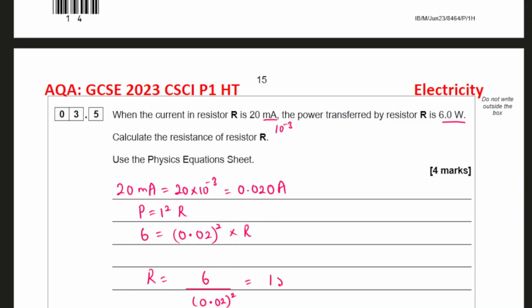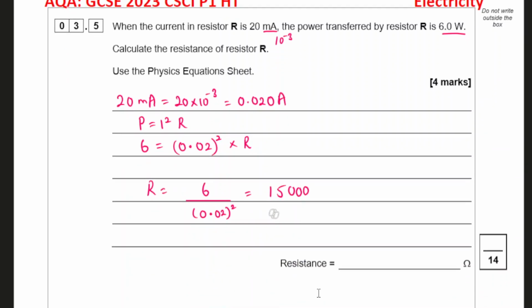That gives me 15,000 ohms. So that's 15,000 ohms. That brings us to the end of question 3, and I will see you in question